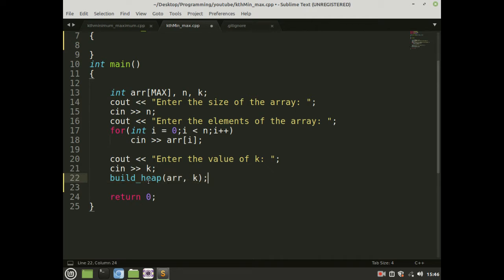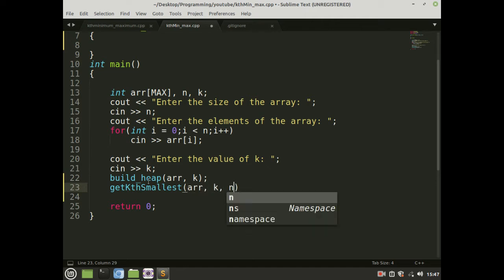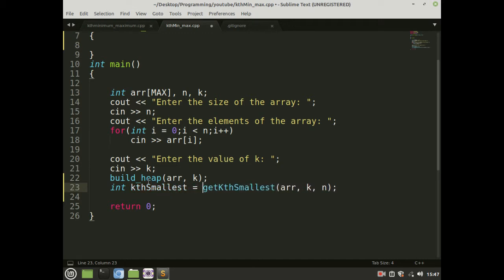Now after creating the heap, we will make another function, get kth smallest, and this function will take the pointer of the array, the size of the heap, and the size of the array. This function will provide us the kth smallest element, so store it in a variable called kth smallest. After this we are done with the kth smallest element.